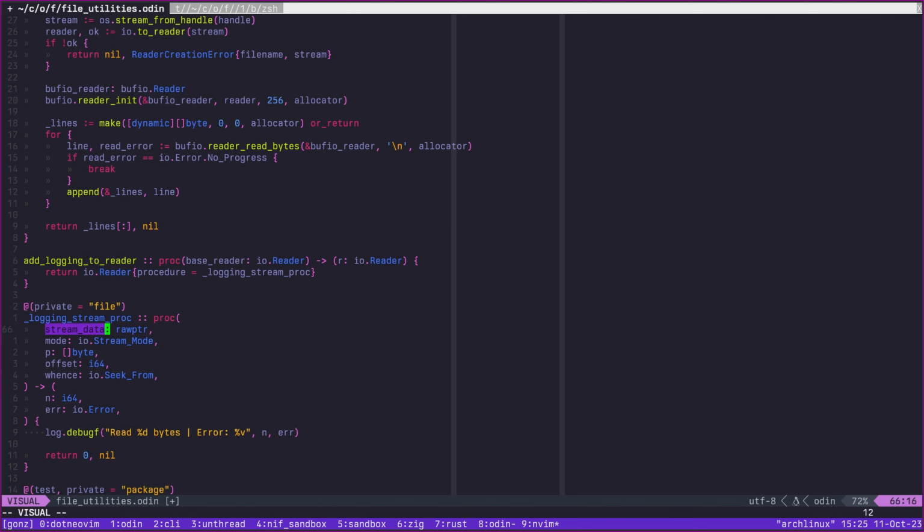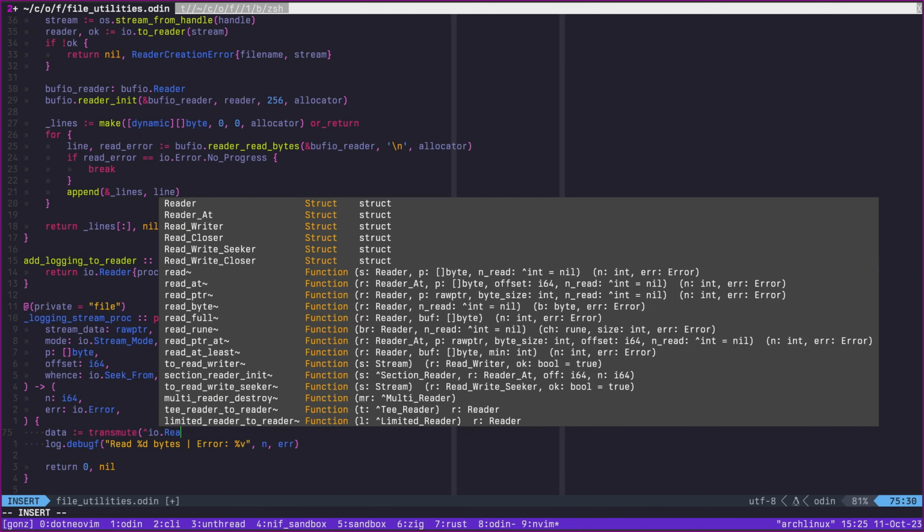And this is where stream data actually comes in. This is a raw pointer. It can point to anything. In C, this would be a void pointer. And here, what we can actually do is use the fact that this is a language that, for lack of a better term, is hold my beer programming, right? You can do the thing that you want to do. It's not going to mandate that you bookkeep literally everything 100% correctly all the time. So what we're actually going to do is just say data is going to be transmute a,